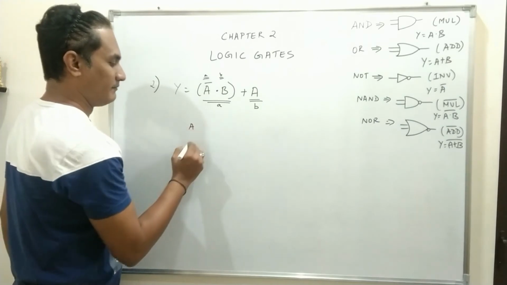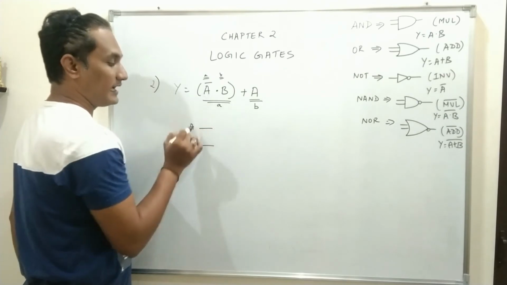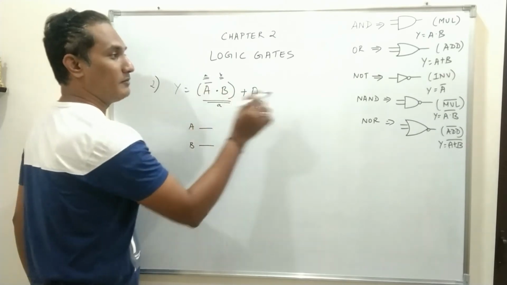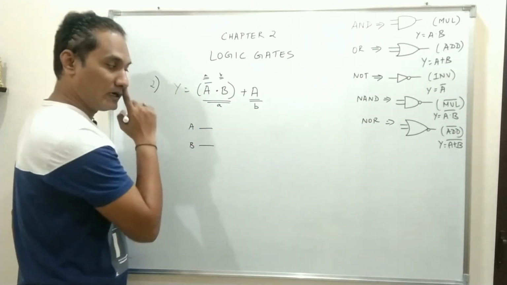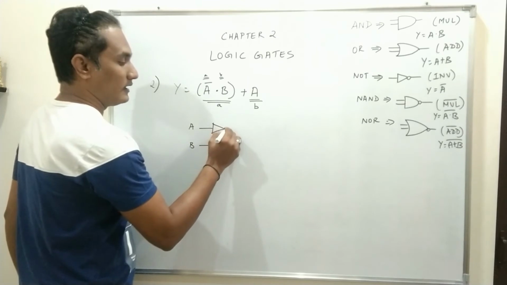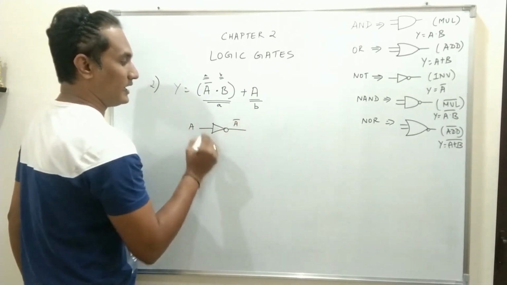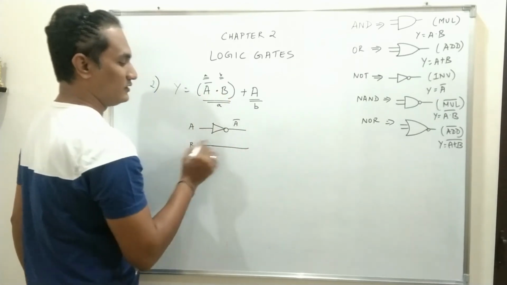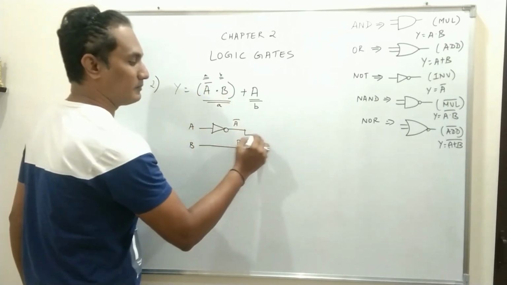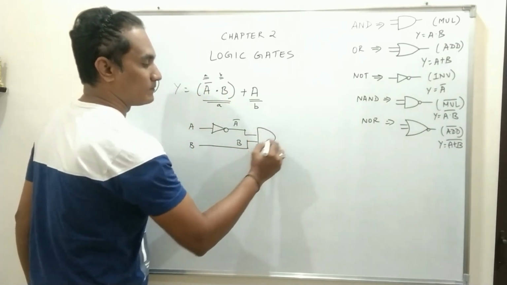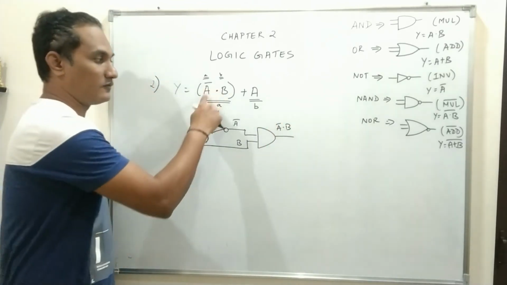So you write A, you write B, draw two lines. Now what you want is, you don't want A, you want A bar. And how you get A bar? Complement of any variable you will get by connecting a NOT gate. So A, connect NOT gate. So this is A, the output will be A bar. And what is the next variable? B. So you have A bar, B. And how are this A bar and B connected? Connected by an AND gate. So this is A bar dot B. So you have got one expression.